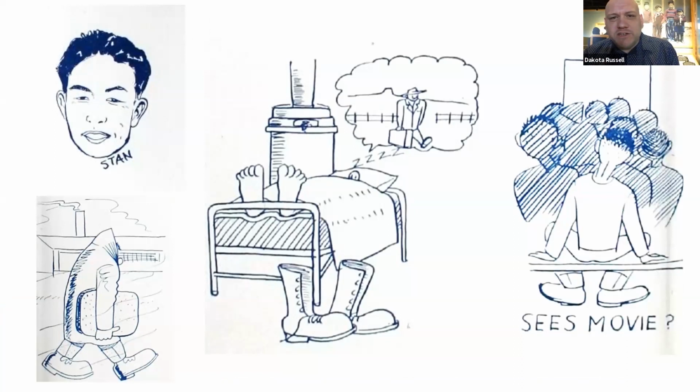The first one that you see down below the portrait of Stan right there is somebody bundled up and wandering around camp. So the camp was extremely intensely cold, and it got cold almost immediately. Most Japanese Americans started arriving here in September of 1942, and by October of 1942 it was snowing, and by January of 1943 the temperature was regularly in the negative degrees. In fact, the coldest it ever got in that first winter was negative 28, so 28 degrees below zero.